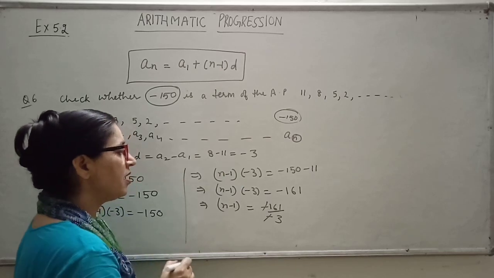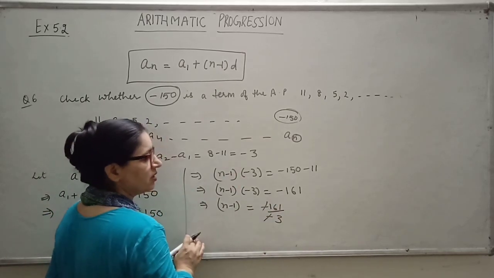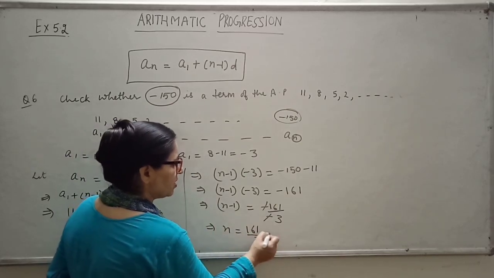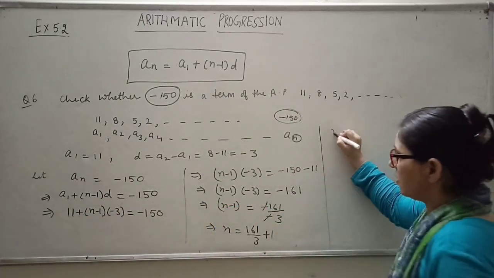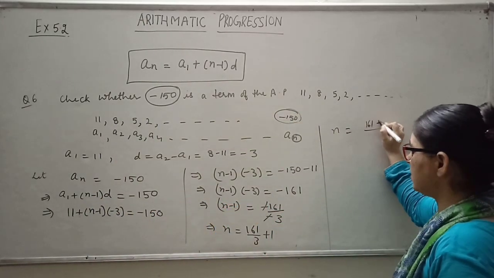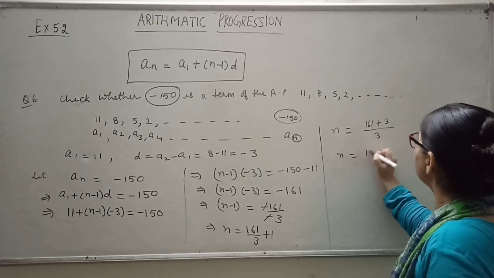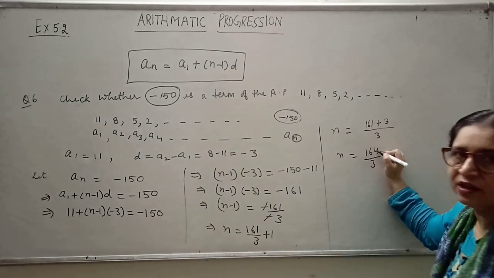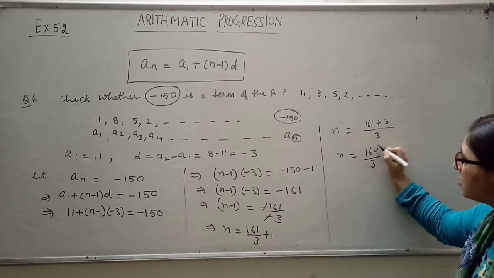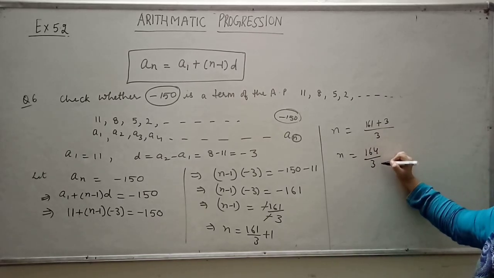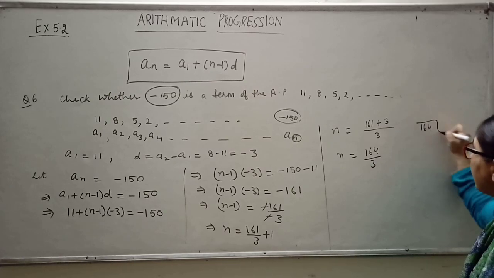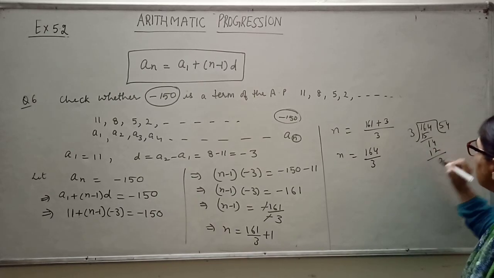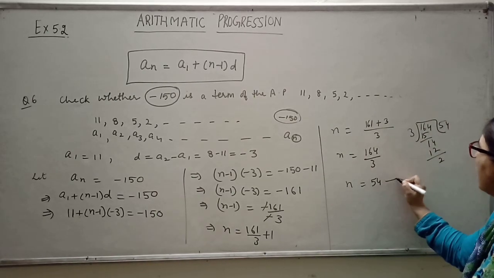Let's see, now if you divide this, let's first do this. n is equal to 161 upon 3 plus 1. How much does it come to? So this is 161 plus 3 upon 3. n is equal to 164 by 3. We can already see 1 plus 6, 7 plus 4, 11. The sum of the digits is not divisible by 3, so this will not be divisible by 3, but still we will do it. This is 3 5 15, 3 4 12. n is coming to 54 and 2 by 3.